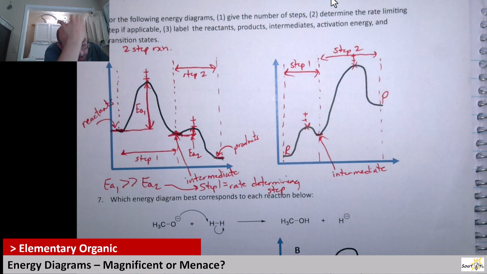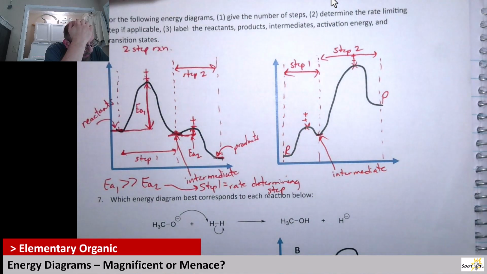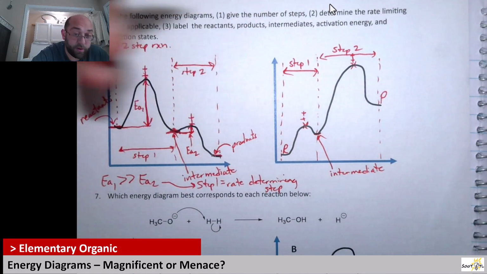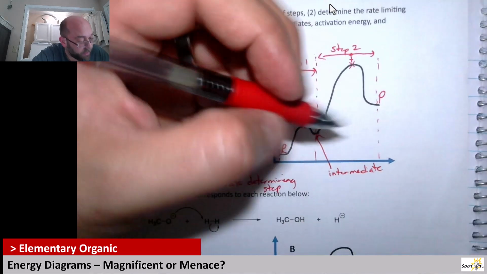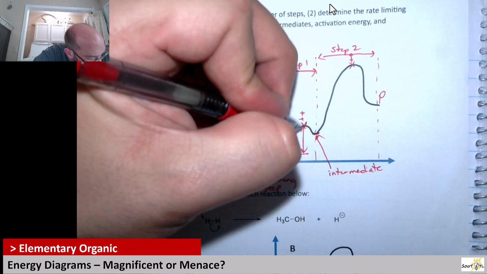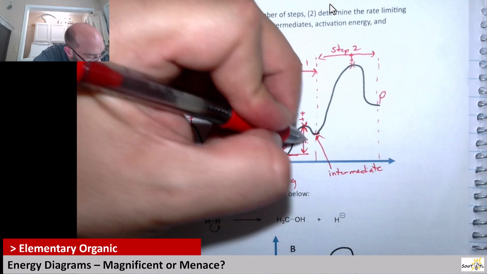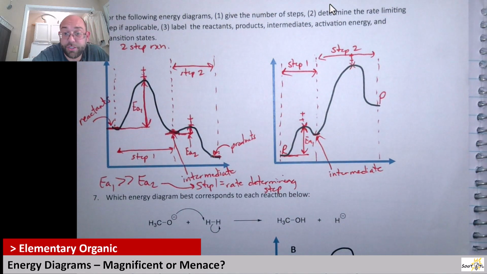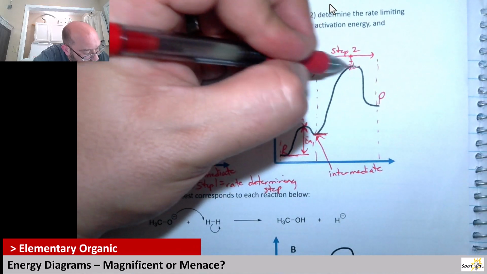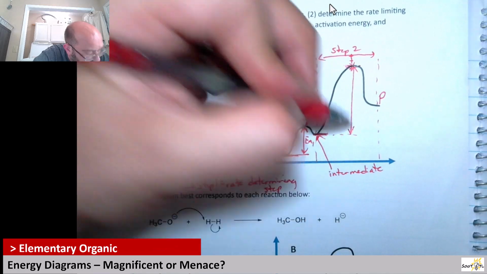And then if we look, so we did the reactants, the products, intermediates, and the transition state. So now for activation energy, remember, for every step there's an activation energy, and it's the beginning of the step to the highest point of that step. So that would be from here to here. So this would be EA1, activation energy 1. And then for this one, it would go from here to here. So let's go over. That would be the activation energy for step 2,